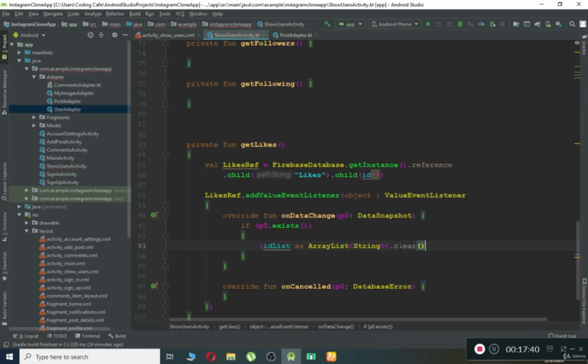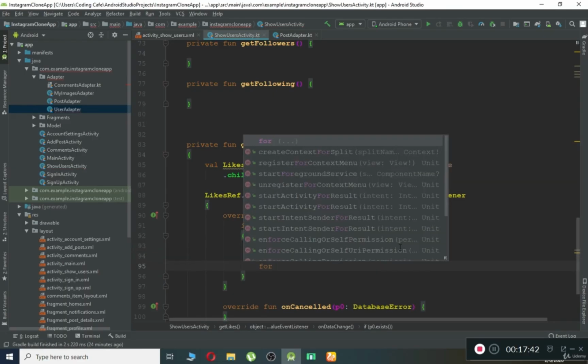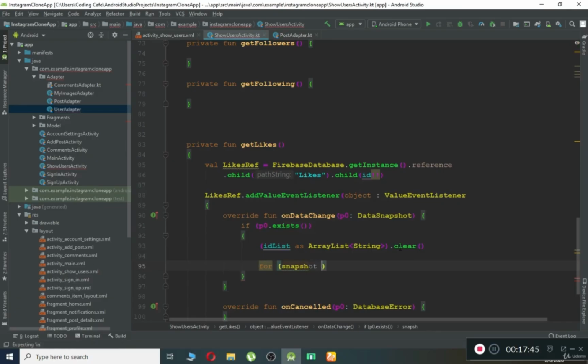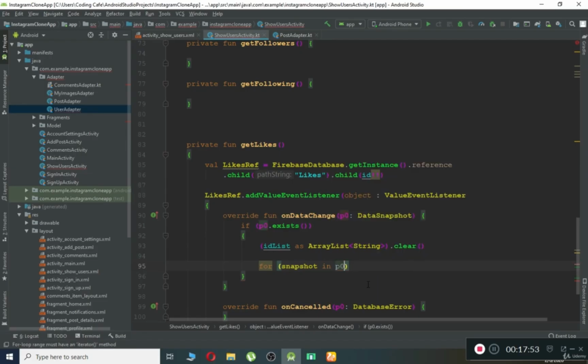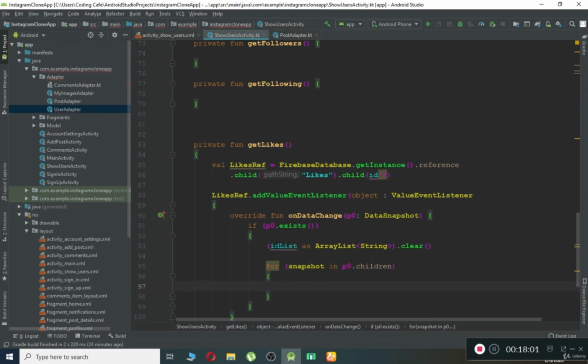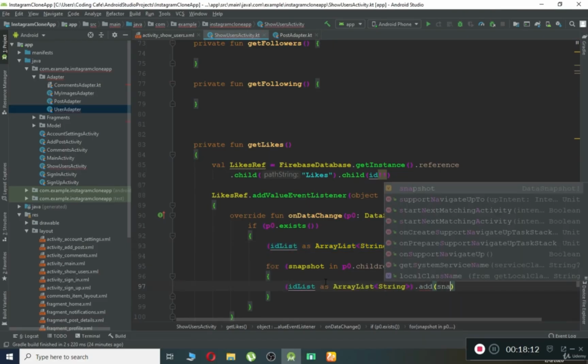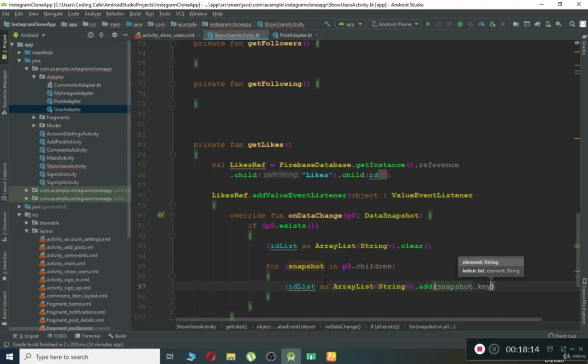Then by using a for loop, we can say snapshot in dataSnapshot, which is our data snapshot object, dot children. So we have to get that, snapshot dot key. And let me tell you, for each one, in order to retrieve the likes, as we know,